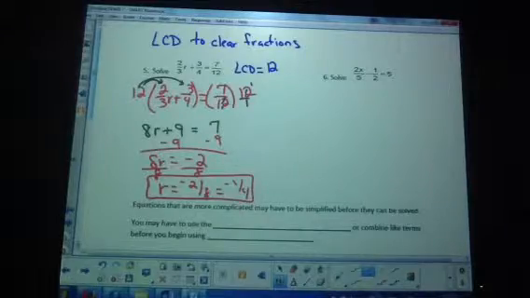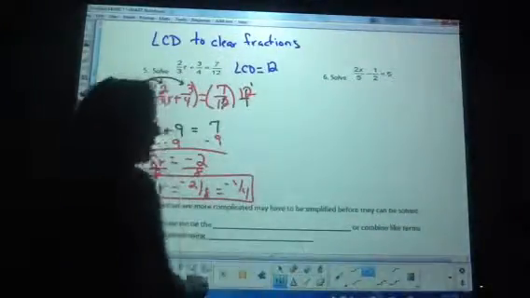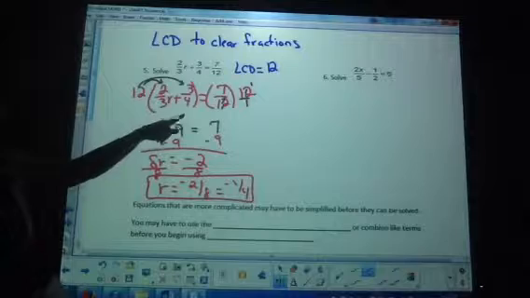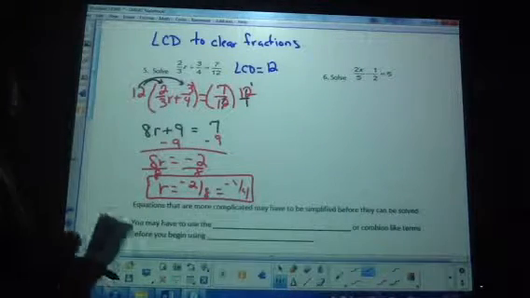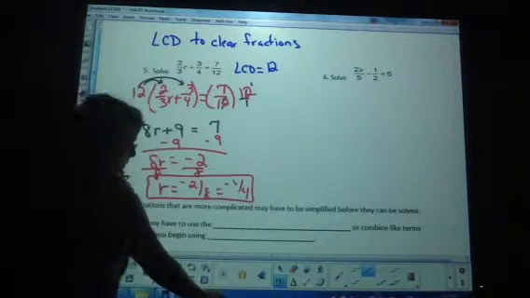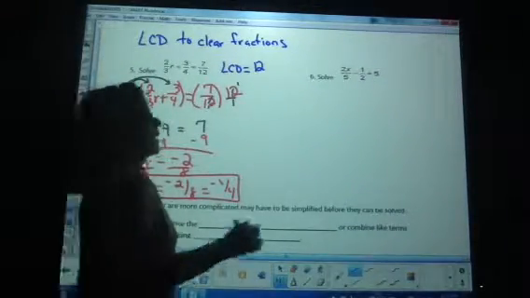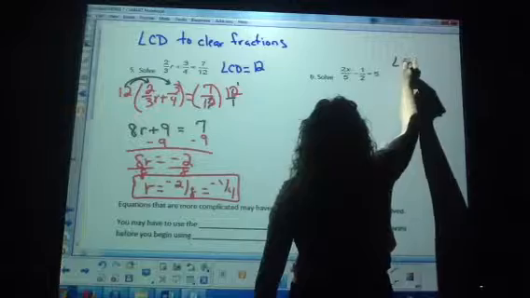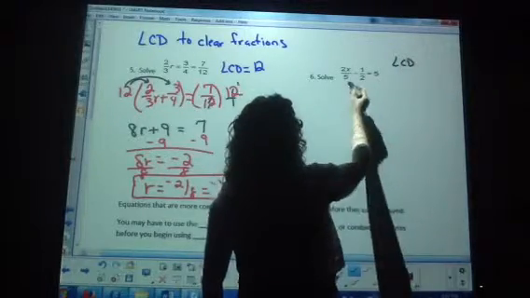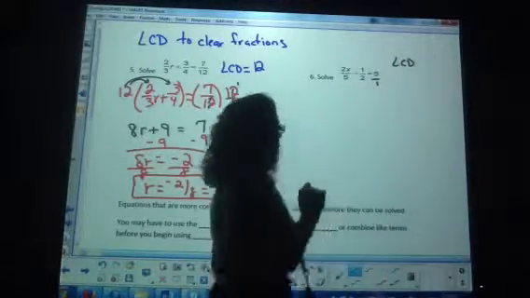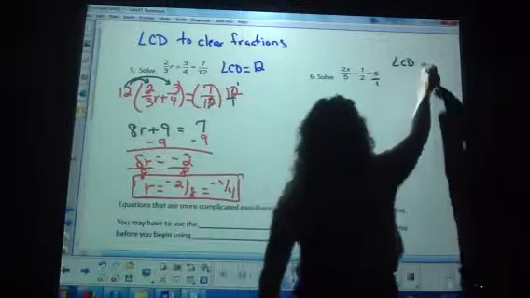In class, to make sure I don't run out of time, why don't you go ahead and pause the video and let me go ahead and show you number 6. Number 6 will be the last one for today, and then you can practice it. Okay, so for number 6, we need our least common denominator between 5, 2, and 1. Well, it's going to be